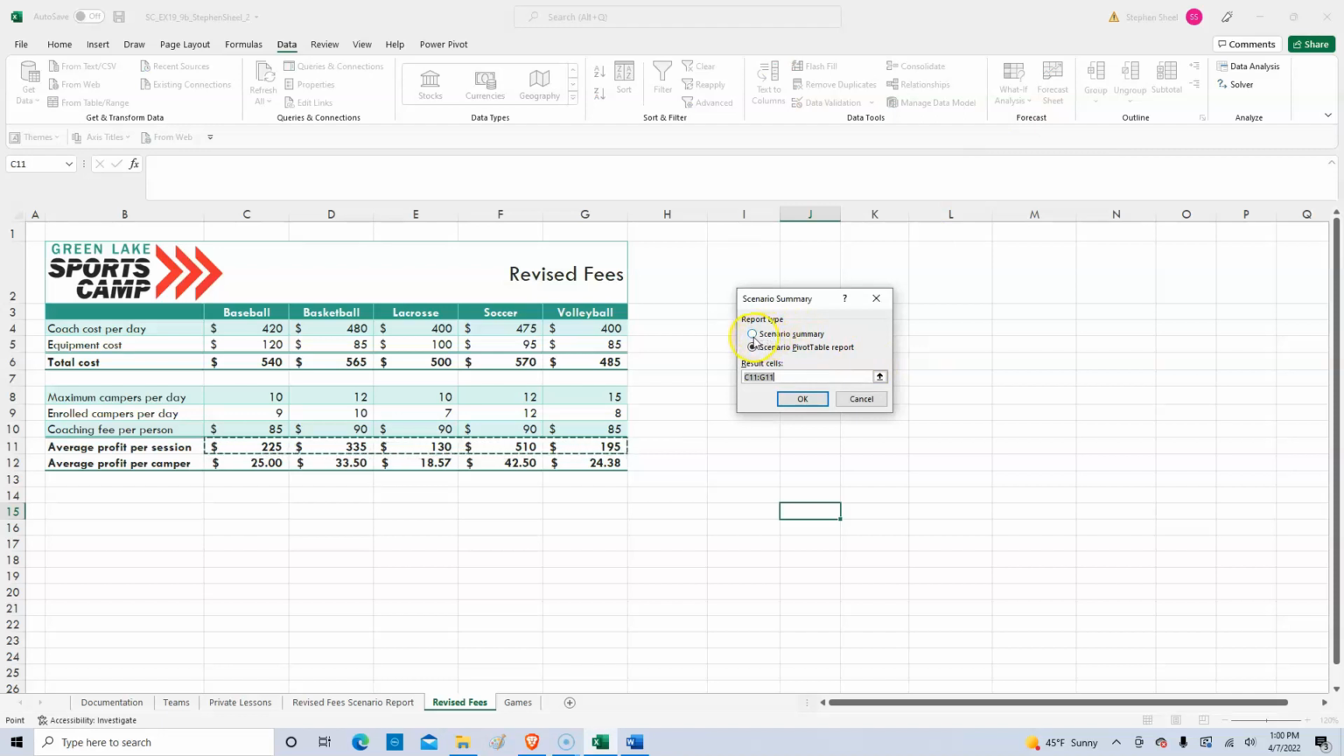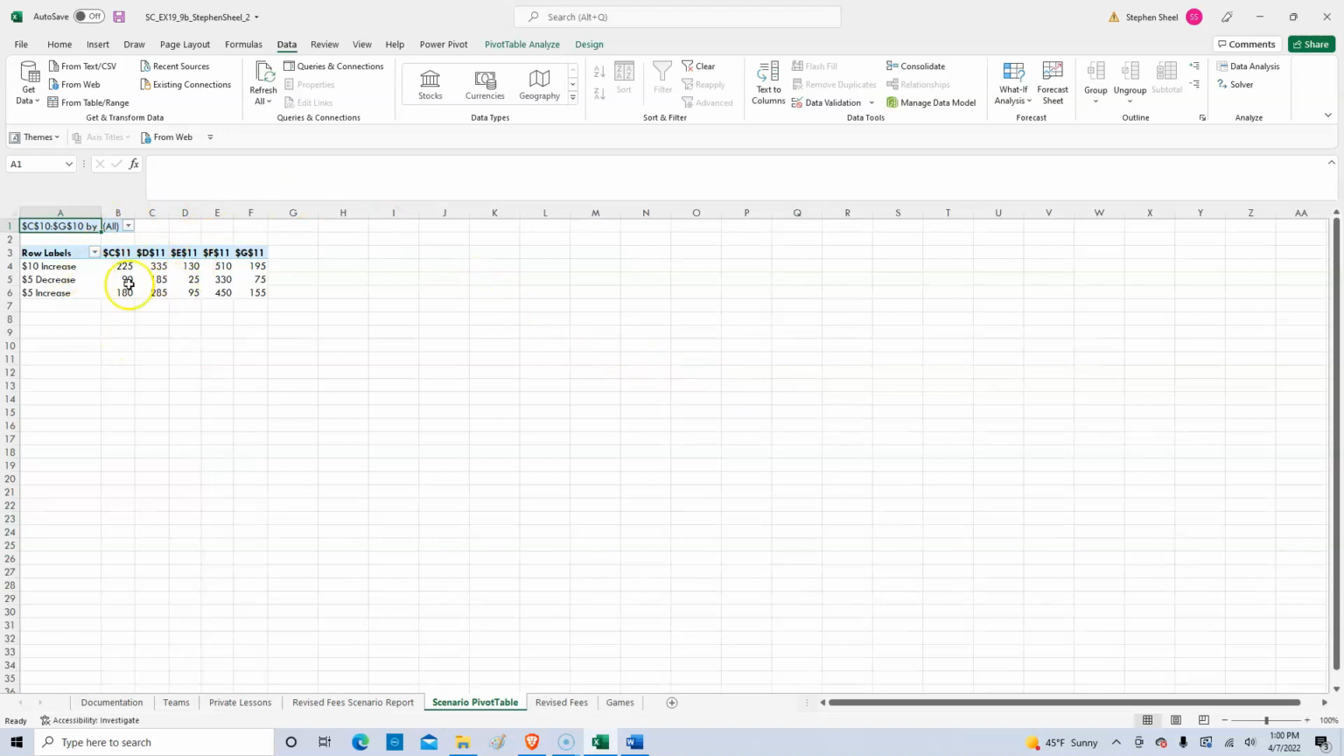Here we have 2 options. We can either do a scenario summary or a PivotTable report, and this is the one we want. The result cells are C11 through G11. That's already in there. So I'm going to hit OK, and it creates this PivotTable report for us. Now, it also asks us to change the worksheet name. So I'm going to come down here, rename this, and it wants it to be